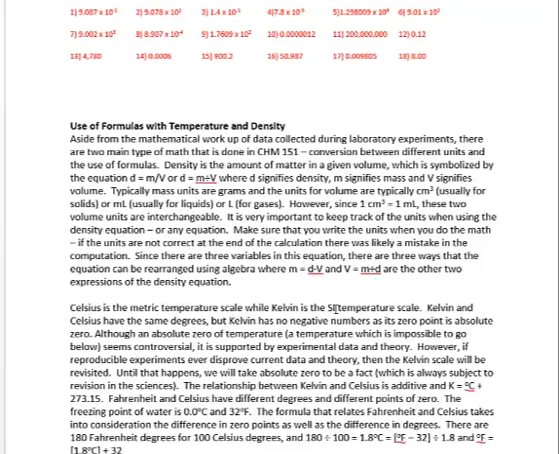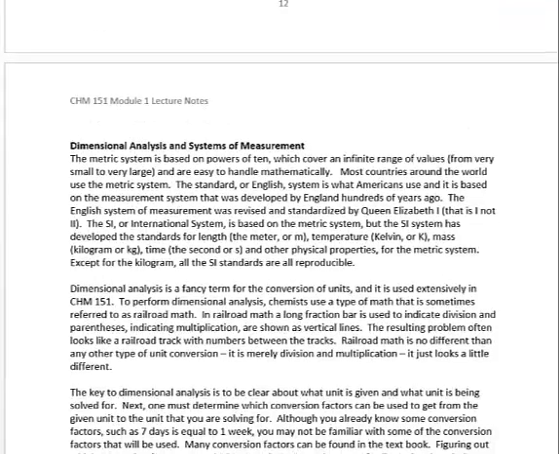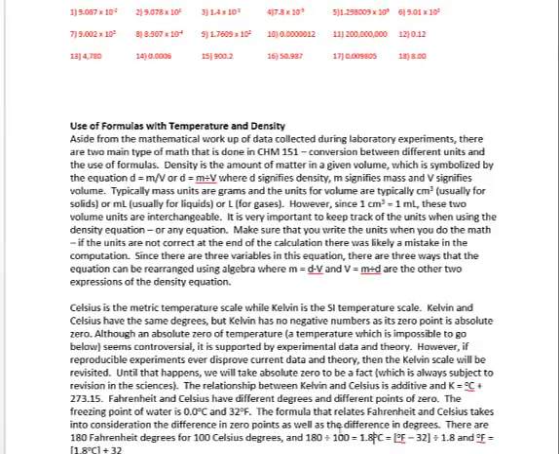Kelvin is the SI temperature scale, where SI stands for the System International. Here, Kelvin equals degrees Celsius plus 273.15. And here, 180 divided, so there's a typo here on this page. What page is this? Page 12, because there should be a period after this sentence, and then these two equations